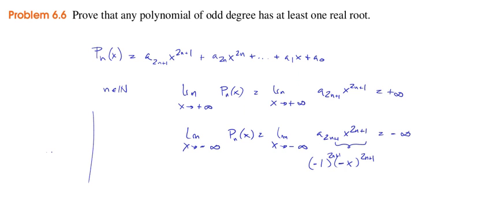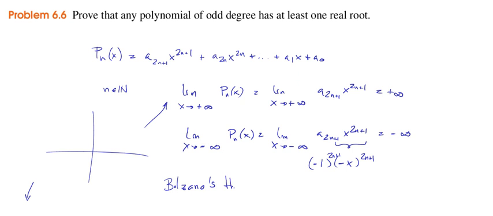Okay, so in other words, whenever we have a Pn, it is going to be like this over there and like this over here, going to minus infinity and going to plus infinity. So for very large positive x, we know that the polynomial is going to be positive. For very large negative x, we know that the polynomial is going to be negative, and so using Bolzano's theorem,